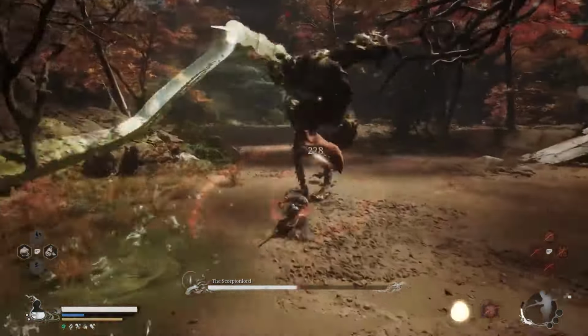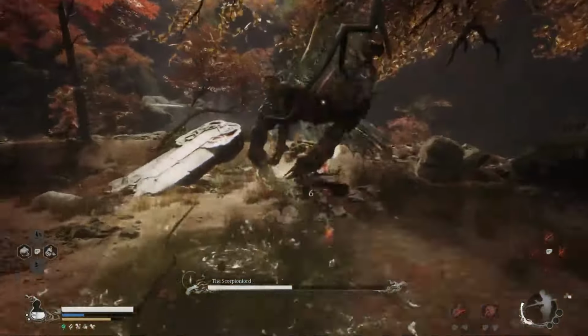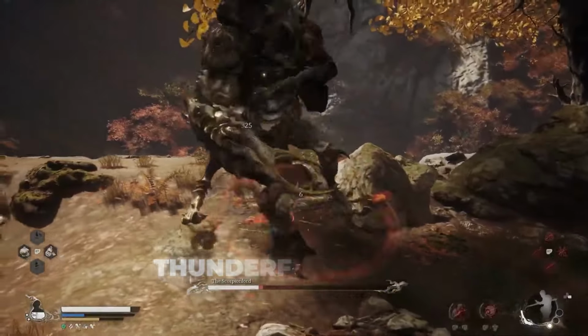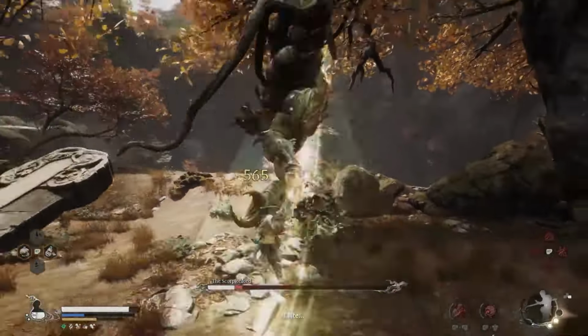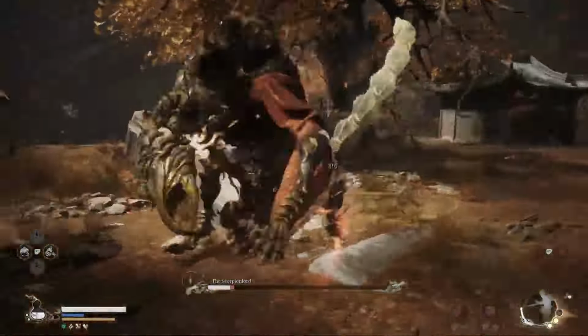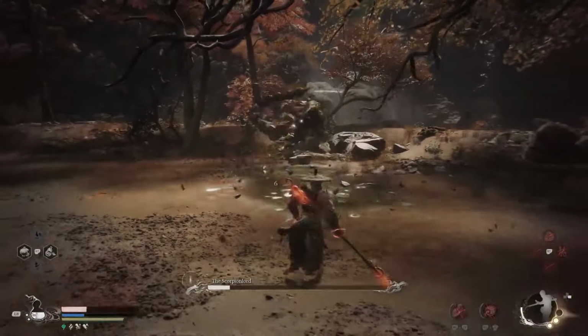Activate this before Spellbinder, and you'll be dishing out double the damage. Perfect for those tough boss fights. As for Curios, the Thunder Flame Seal is a must as it enhances your lightning damage. Pair it with the Tiger Tally for consistent attack power boost with every combo. And while your focus is on pure damage, don't forget to use Cloud Step to stay mobile and avoid getting